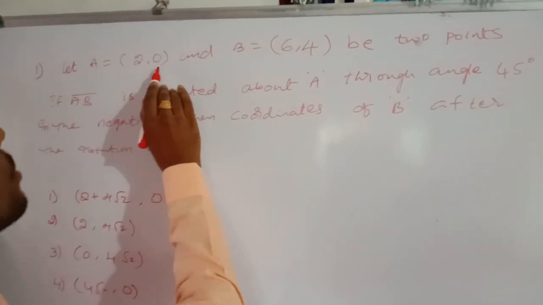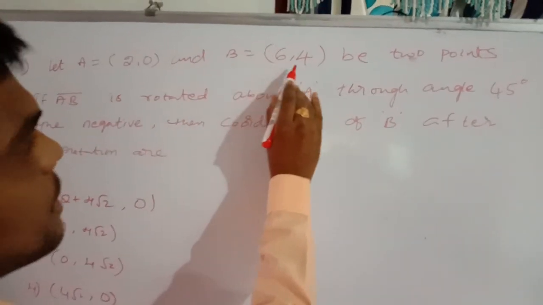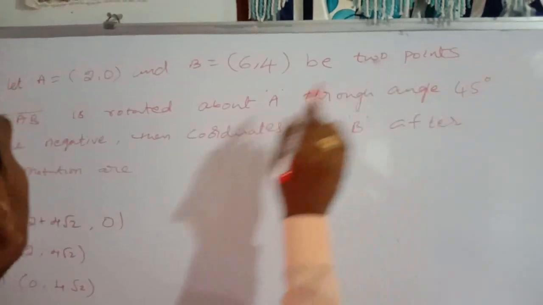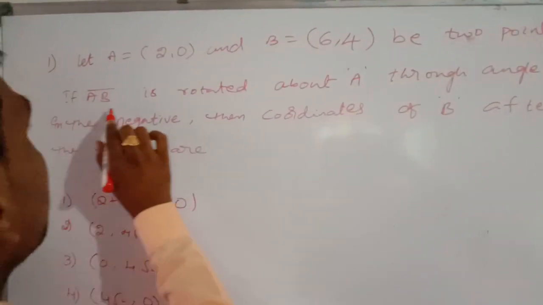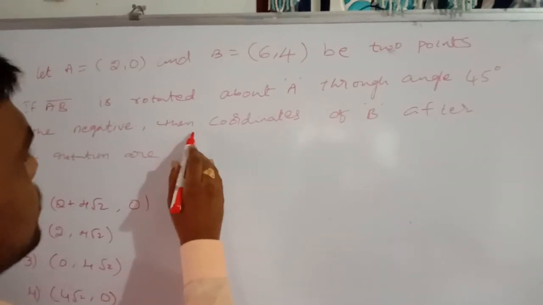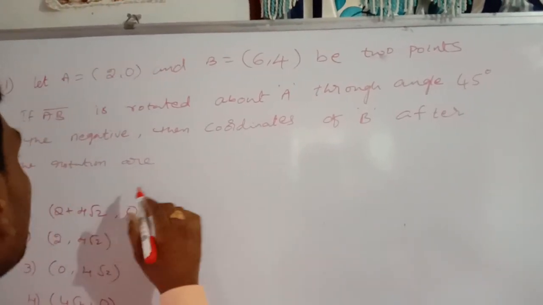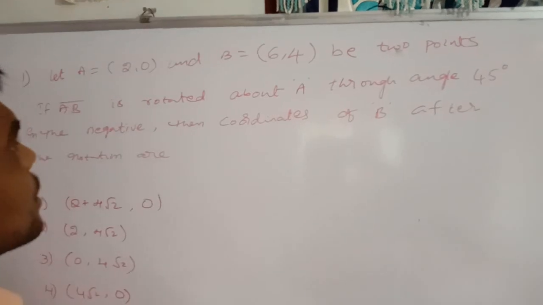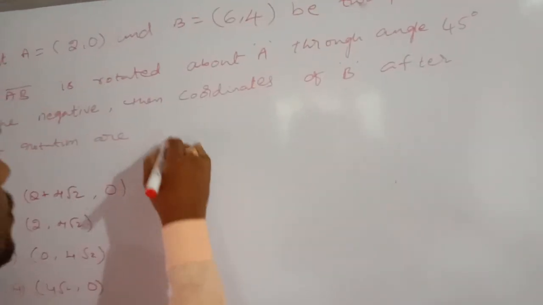Let A equal 2 comma 0 and B equal 6 comma 4 be 2 points. If line segment AB is rotated about A through an angle of 45 degrees in the negative direction, then the coordinates of B after the rotation are. Okay, now first of all,